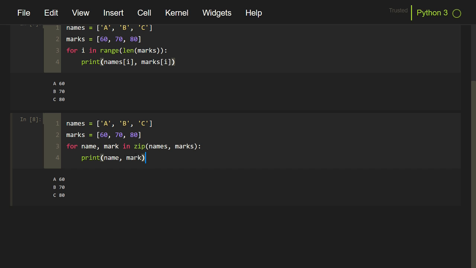Now imagine that you have three lists in your code. It will be so hard to write the code and read the code as well, to maintain the indices of all the lists and access the elements in those indices. This is a simple example to print the elements, but the actual code where the zip function is required will be very complicated, and zip functions make this code very easy to write and read. So whenever you have a for loop accessing multiple elements from different iterables like this, you can use zip function.